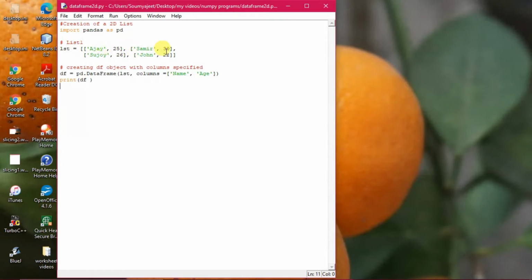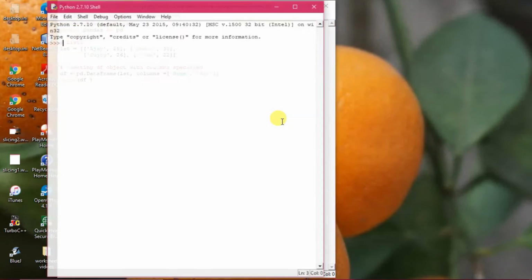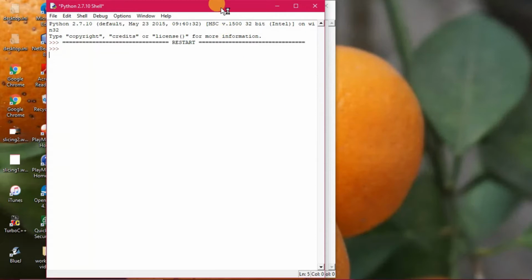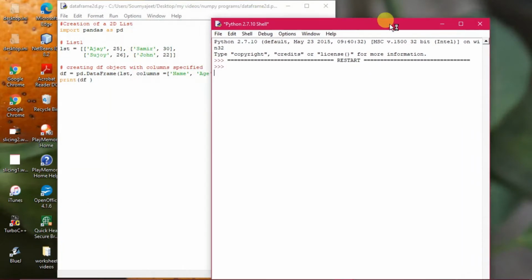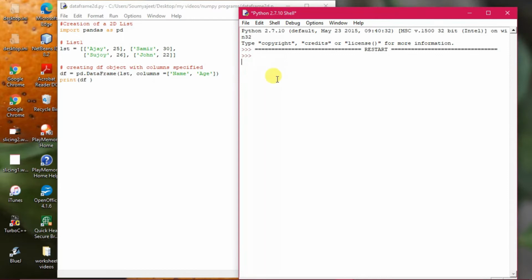The two-dimensional feature. Okay, so if you want one more column, you can add it also, name, age, suppose a roll number also if you want to add, you can add it. Let us see the execution once, then we will improvise that. Now see out here how the output is appearing. You can see the remarks are given out here, creating df object with the columns specified. With the columns that we have specified, that df object has been created.